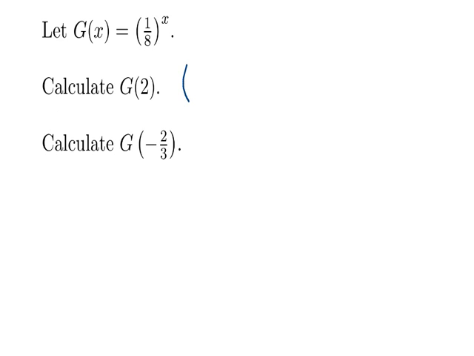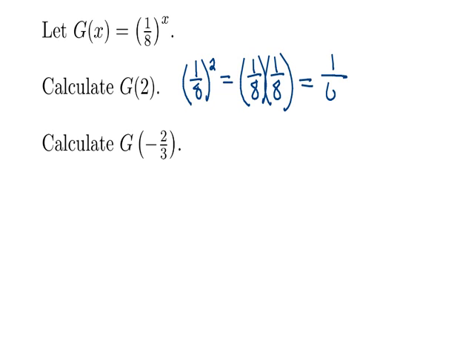Now we're going to get into some really fun territory with fractions. Yay, everyone loves fractions, I know. So if we've got g of 2, that's 1/8 squared, which means 1/8 times 1/8. And remember, with fractions, you multiply straight across. So 1 times 1 is 1. 8 times 8 is 64. The other way you can think of that is we are distributing that exponent to both the numerator and the